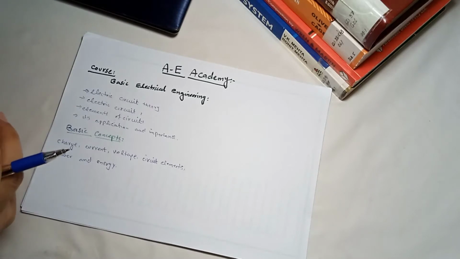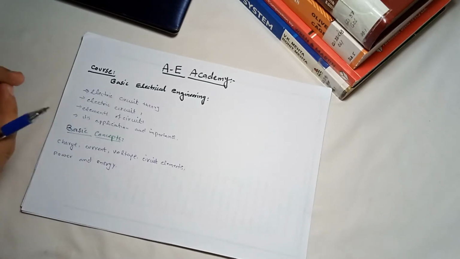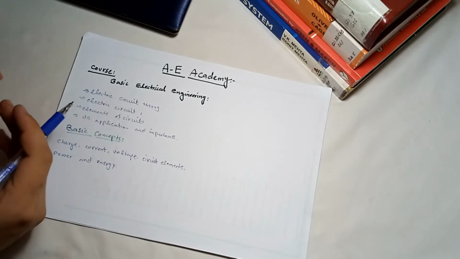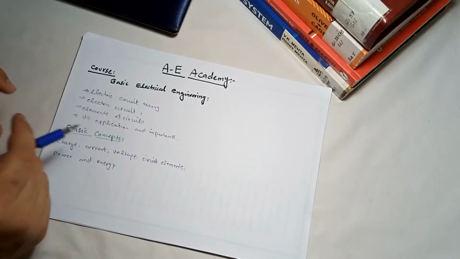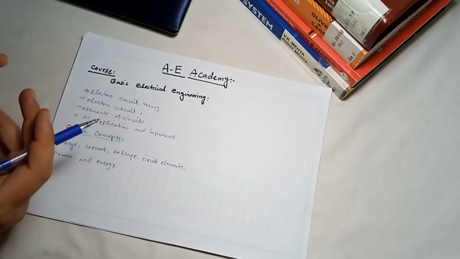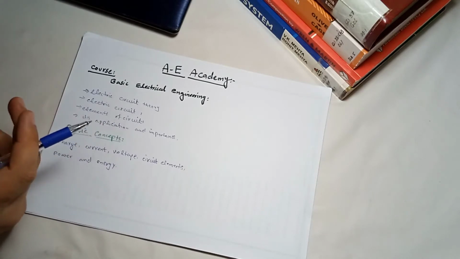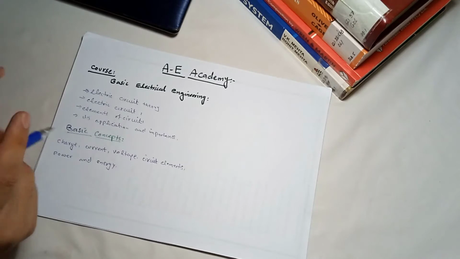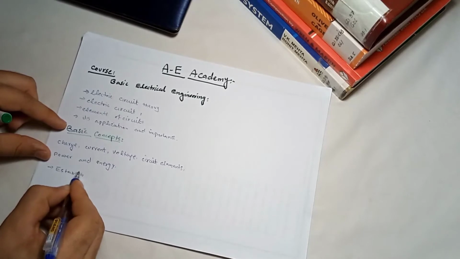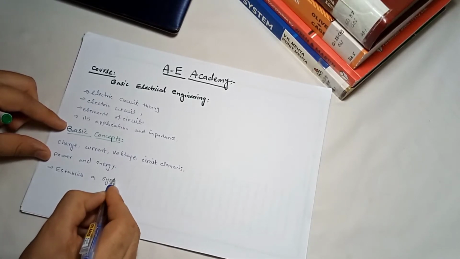In order to learn these basic concepts, we have to make a system or a language which can be understood by everyone. इसी कंसेप्ट्स को अंडरस्टैंड करने के लिए हम एक लैंग्वेज बनाएंगे, एक यूनिट सिस्टम बनाएंगे, ताकि जो भी हम क्वांटिटीज़ में ले लें, जो भी हम बेस कंसेप्ट ले लें, ताकि उनको इस्तेमाल करने के लिए हमारे पास एक सिस्टम लैंग्वेज हो, फिर हम इसको यूज़ करके। For that we use a system. So we establish a system of units,